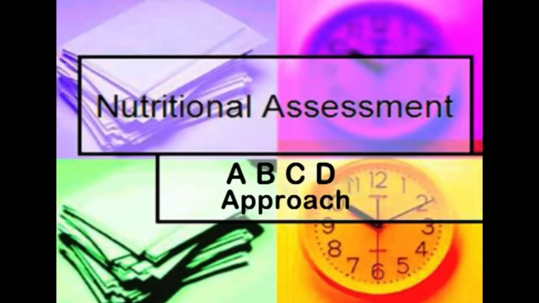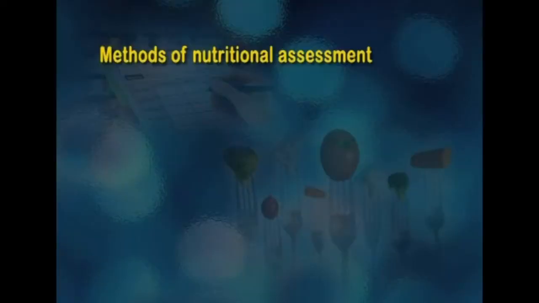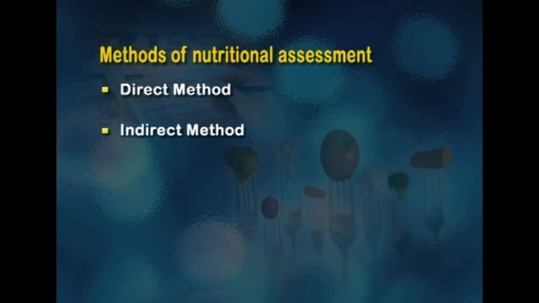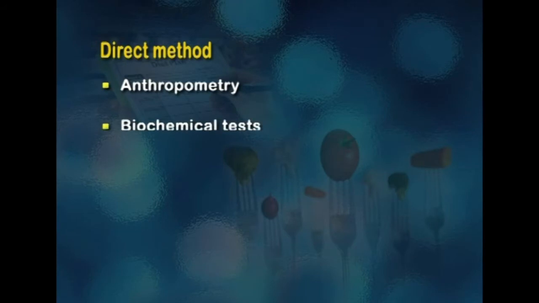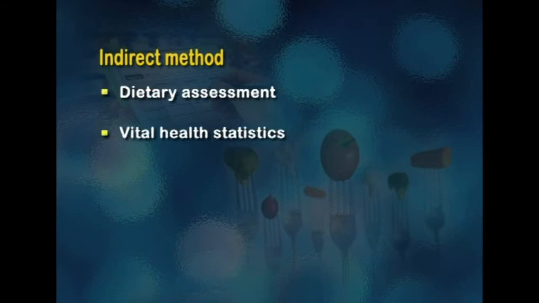Now let us discuss the various methods of nutritional assessment. They are categorized into 4 types, which is called the ABCD approach. We divide the methods of assessing the nutritional status of an individual into 2 major categories, the direct and indirect methods. The direct method includes anthropometric measurements, biochemical tests, and clinical examination, whereas the indirect method includes dietary assessment and vital health